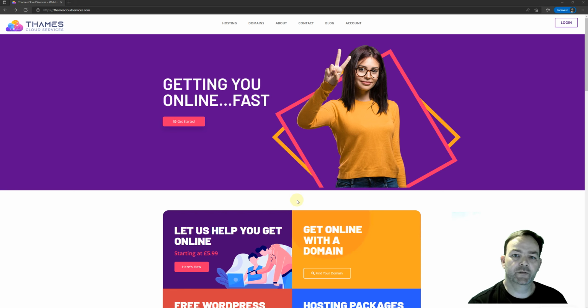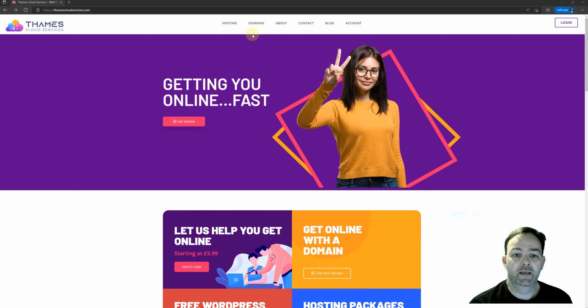So after you've ordered your hosting package, you now want to go to your client account. You can do that directly from the ordering screen. Once you've completed the order, there's a button which takes you to your client area straight away. Otherwise, you can have a look at the welcome emails. There's a series of emails that's been sent to the account with which you registered. So there will be links and passwords in there as well, just as a reminder to log you into your